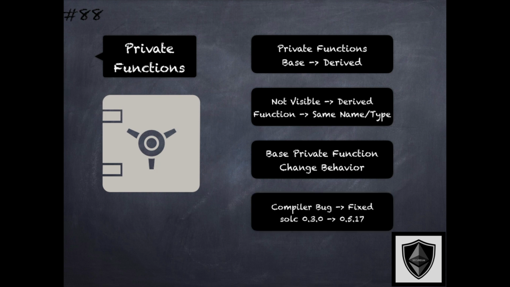What is interesting to note here from a security perspective is that this compiler bug was present across multiple versions, all the way from 0.3.0 to 0.5.17. So the takeaway is that some of these compiler bugs may be so deep down in the compiler code, and triggered only under specific conditions, that they might not be discovered very soon after the compiler is released. So while the test of time is true, there are no guarantees that a much older compiler version has most of its bugs discovered and reported and fixed.